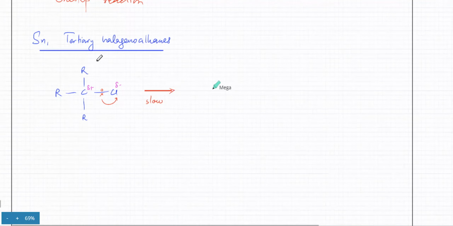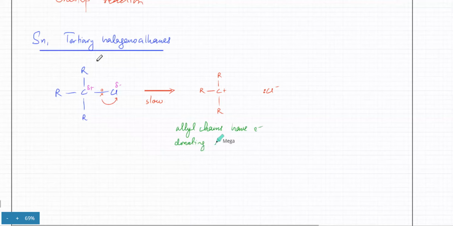And that results in the formation of a carbocation with three carbon chains. And this carbocation is very stable because the Cl minus 1 takes away its electrons. So it's a highly stable carbocation. Remember, carbocations with three carbon chains are very stable, or you can call it a tertiary carbocation. Alkyl chains have an electron donating effect. What that basically means is that all the alkyl chains, carbon chains, whenever you have carbon chains, they have